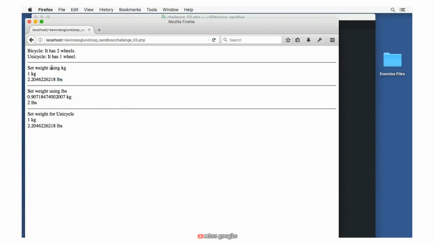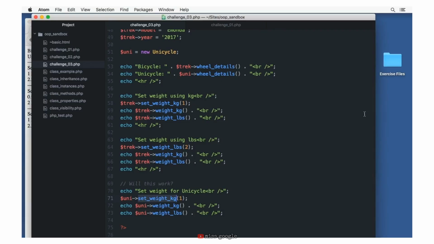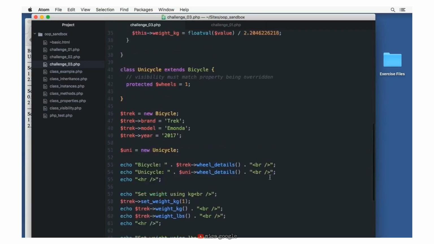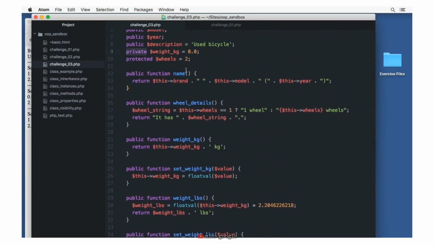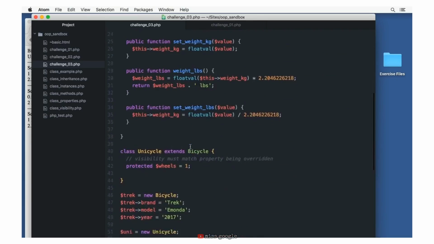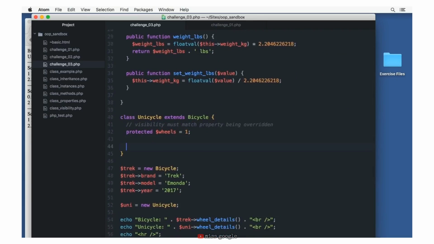And it did. We got the exact same results when we had a 1 kilogram bicycle and when we had a 1 kilogram unicycle. So why is that? If we made it so that this is private, shouldn't it not be able to have access to it? It doesn't have direct access to it. The thing is, it does have access to this method, and this method in turn has access to that private property. However, if we come down here in Unicycle, let's create a new public function, which we're going to call